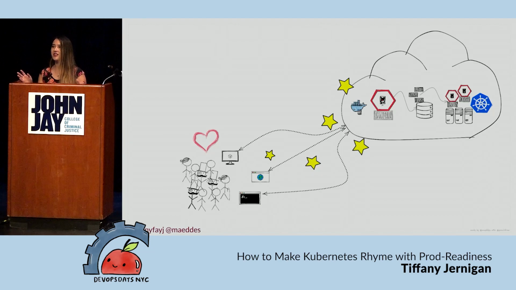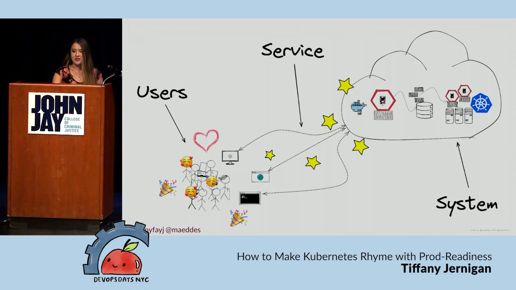Basically, overall, when dealing with your applications or what you're having other people use, it ends up being about the users and the clients, which are the lovely little cute stick figures over here in the corner. The main goal that we have is we want to make these people happy. In order to do that, we need our services and our system to be as stable as possible. The system is the things that we're specifically running, for instance, our containers and running things on Kubernetes. Obviously, production readiness is a lot broader than just Kubernetes, but this talk is focused on Kubernetes and the cloud native ecosystem.